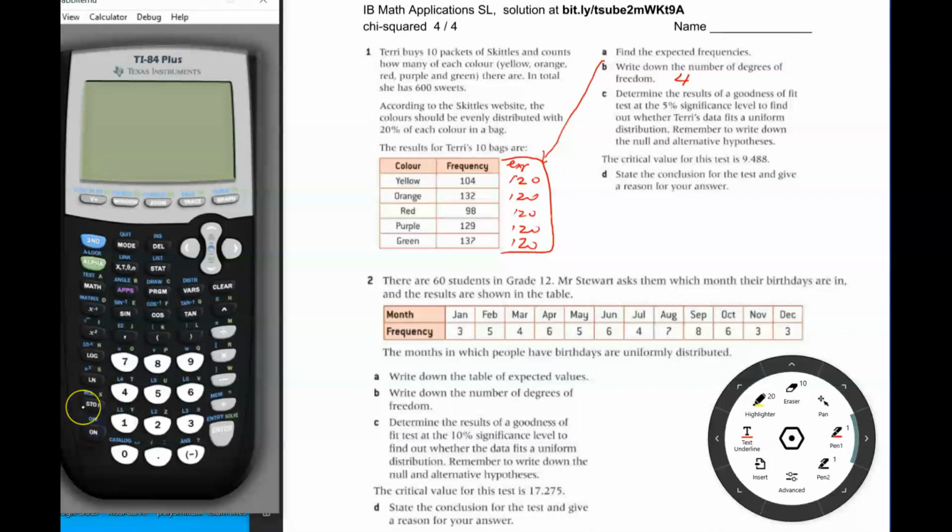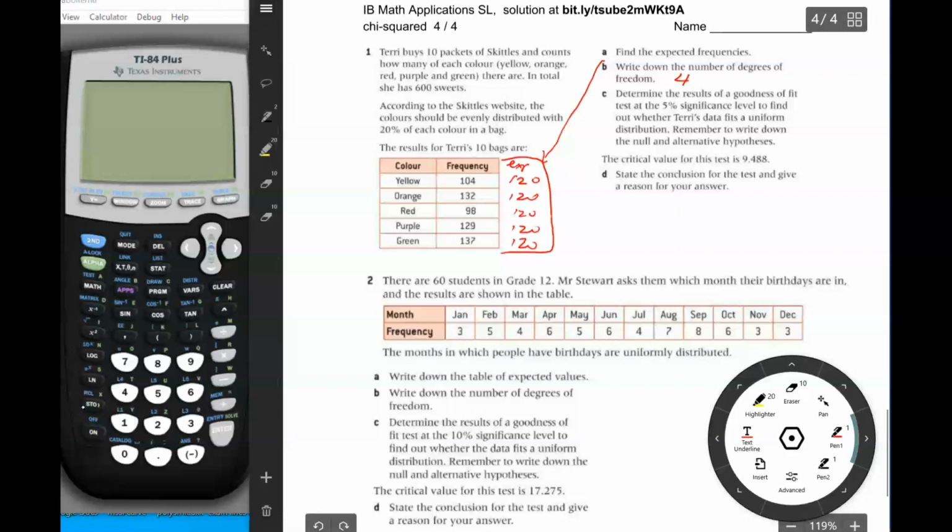So the null hypothesis in this case is that Terry's Skittles are distributed uniformly. So the key is that it's distributed uniformly. Write that the Skittles are distributed uniformly. That's the null hypothesis. The alternative hypothesis is that the Skittles are not distributed uniformly. Okay? So the critical value of the test is 9.488, and they want us to run the chi-squared goodness